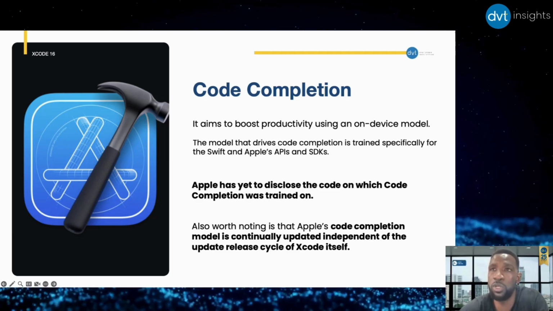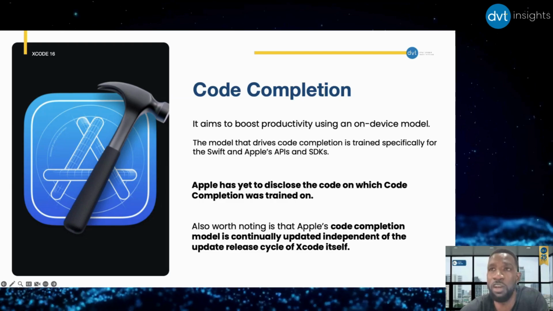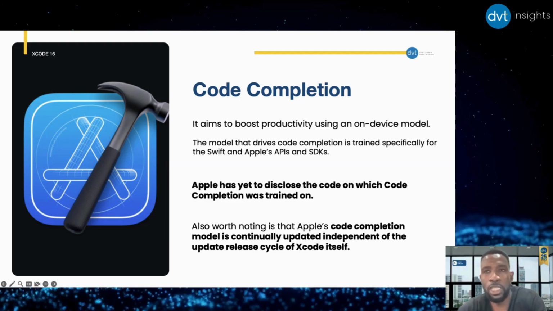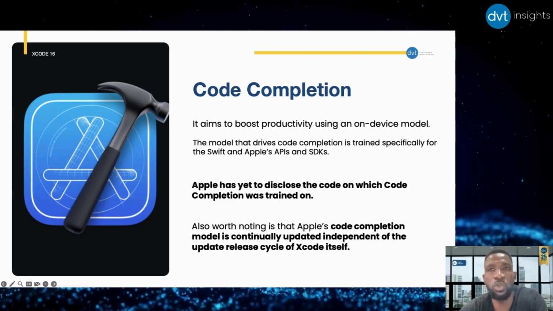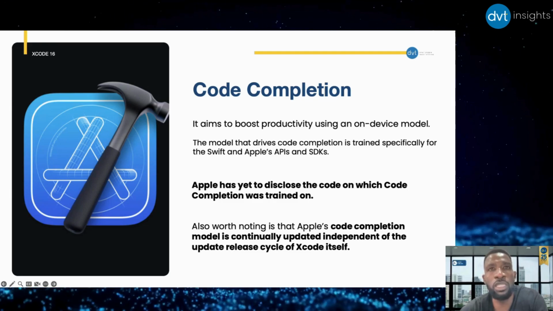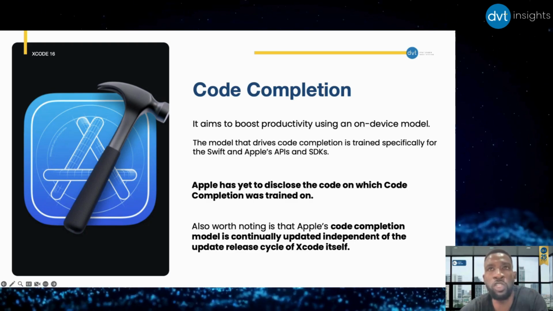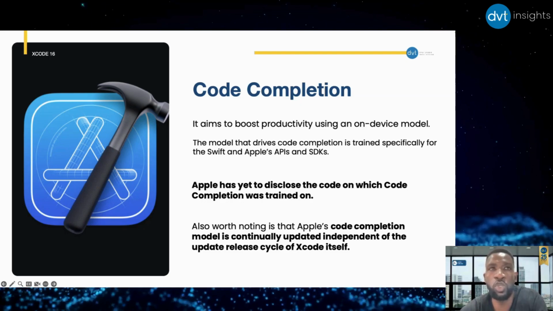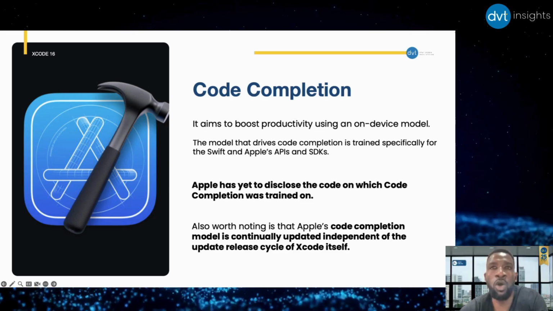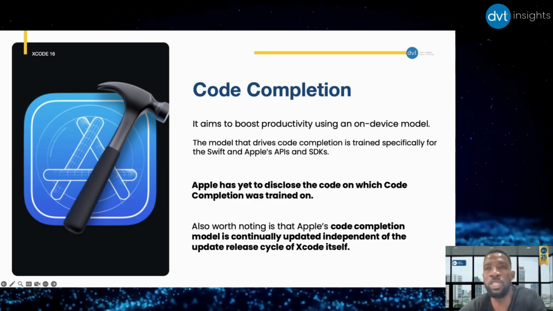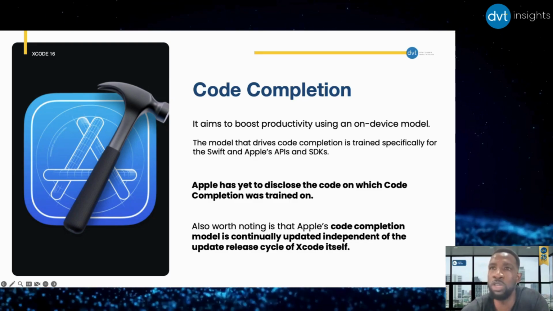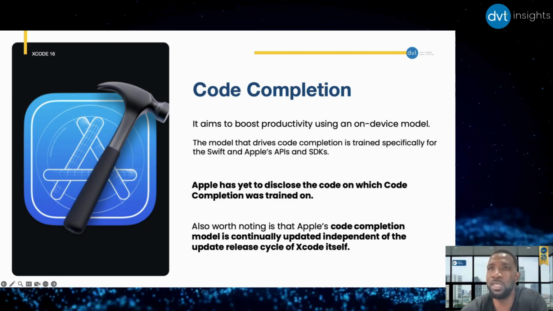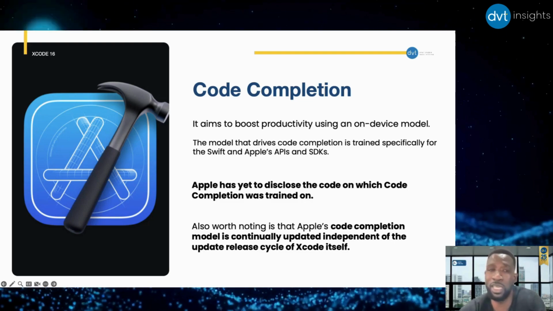And it comes at a cost. Because it's on-device, your hardware should be powerful enough to handle the compute required for producing the expected results. Now, it is trained with the latest Swift SDK, and that is important to know in the manner that whatever gets released to you is first used to train the model before it gets released to you. So at any given time, what you have in code completion will always be in advance compared to what you know about the SDK. So you won't have any lag in terms of questioning it or asking for a prompt against something that it doesn't know. It gets trained first before the SDKs are released.